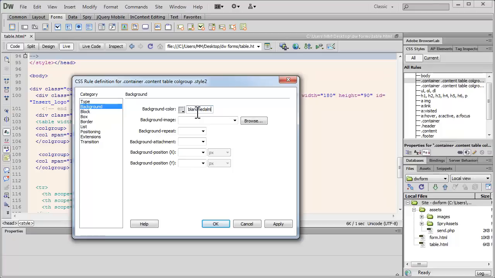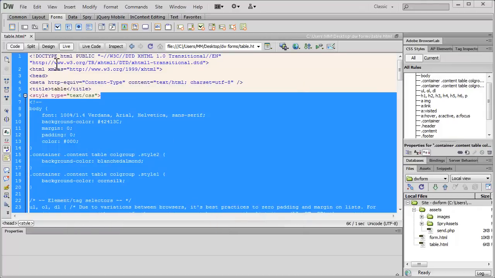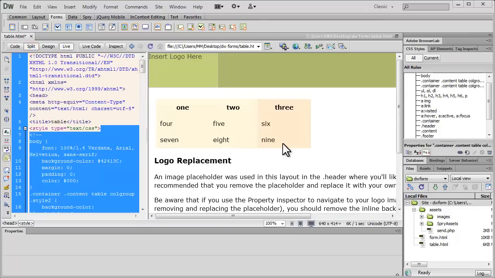Blanched almond. The almond where the skin has been removed is called the blanched almond. So that color that you get, the nice brownish color, is the blanched almond color. So let me say OK, and if I go to the split view to show it to you, people, have a look out here. This is the blanched almond color. So what has happened now is one group has acquired the color cornsilk, the other group has acquired the color blanched almond. Okay, now